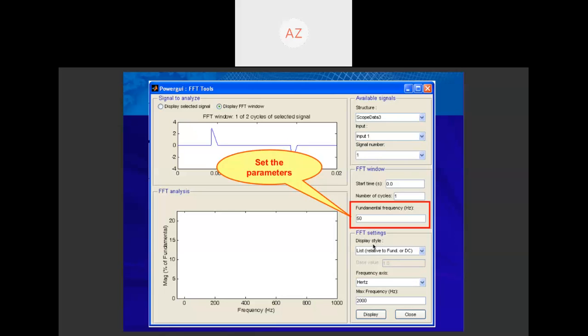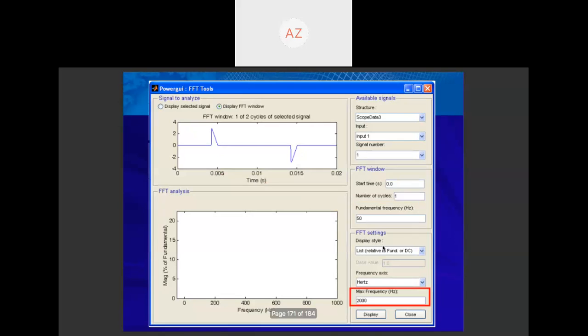Then we can set the maximum frequency. In this example we set it to 2000 Hz. What it means is that we want to analyze the harmonic spectrum up to 40 harmonics, starting from the fundamental, third harmonic, fifth harmonic, seventh, up to 40 harmonics.